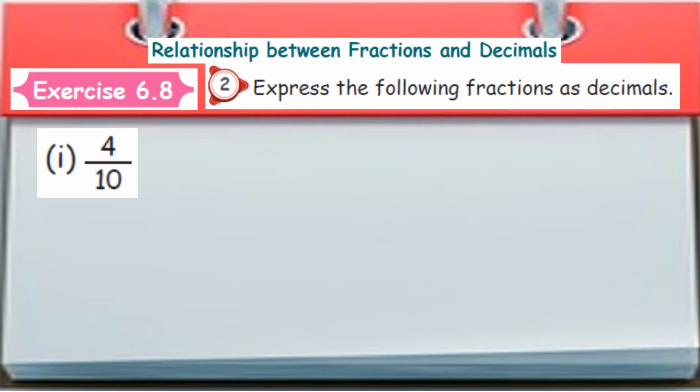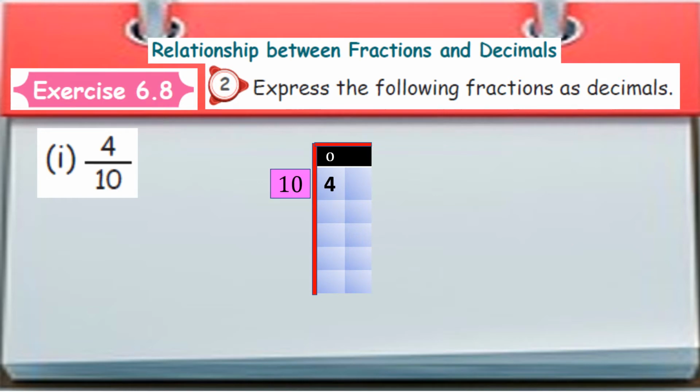So here is the main content. So listen carefully. In last video, we have learnt about the multiplication of fraction, isn't it? But here we are going to do the division, right? I'll tell you. So first question, 4 by 10. That means we are going to divide that 4 by 10 like this. Because we have already learnt about the division, isn't it? So 4 is the dividend and 10 is the divisor. Okay, right. And 4 is the smaller number compared to 10, isn't it?